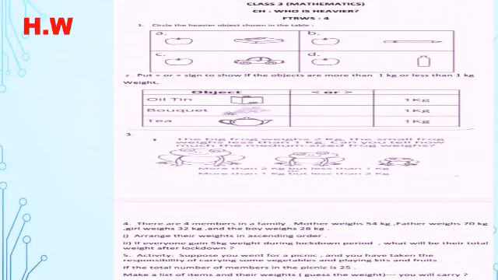This is the homework. This is worksheet number 4, the final term revision worksheet 4, and you will get it from the school website. You can download the worksheet and then write the answer. And in the last question, number 5, I have given one activity, that also you have to do. Okay, so till then, bye bye everyone.